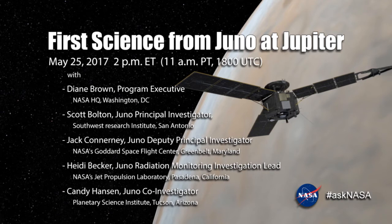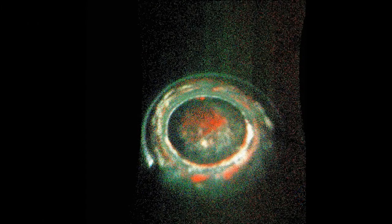I was wondering, this is for Jack, if you could explain the physics of how electrons could be sucked out of the atmosphere to create the aurora. Okay. In that picture, we had always assumed that if the ultraviolet emissions are coming from deeper in the atmosphere, which is what that color represents, it was simply due to particles that were so energetic they were penetrating deeper than the rest of them. And we really never, should have perhaps, but never considered the idea that maybe they're just being accelerated out of the ionosphere. And indeed, when we crossed the polar cap, the electron detector, JEDI, measured electrons moving up